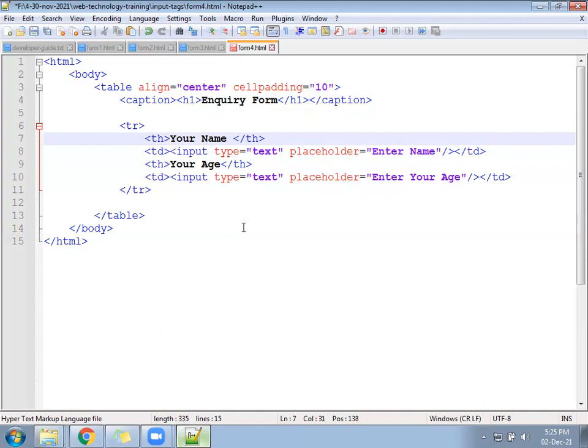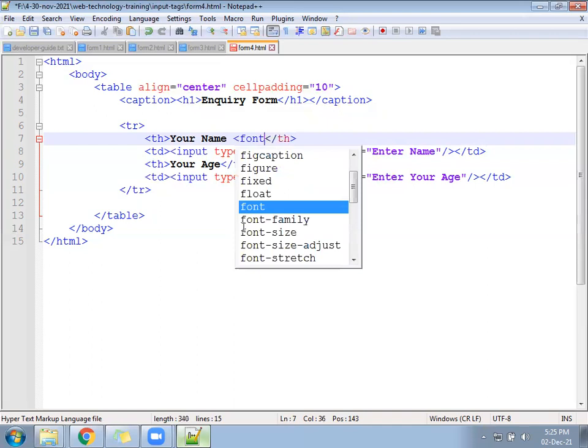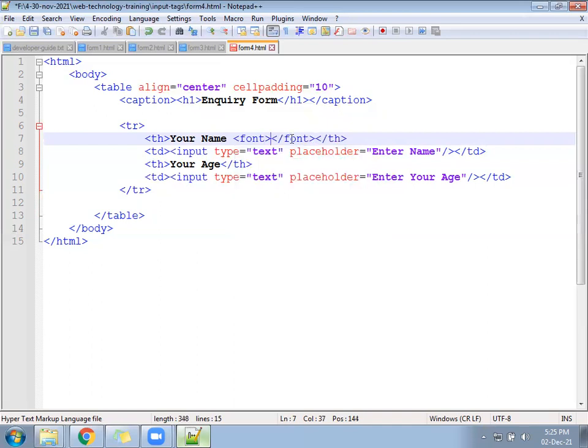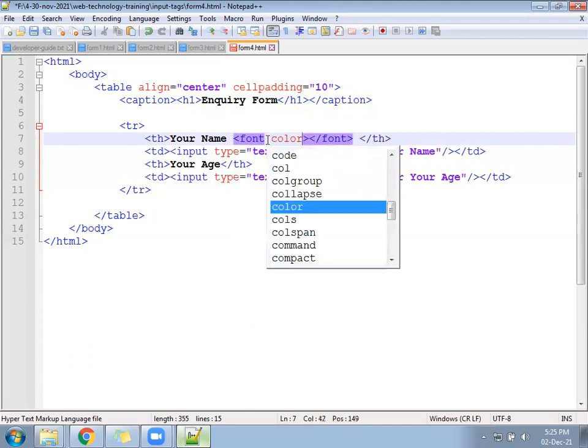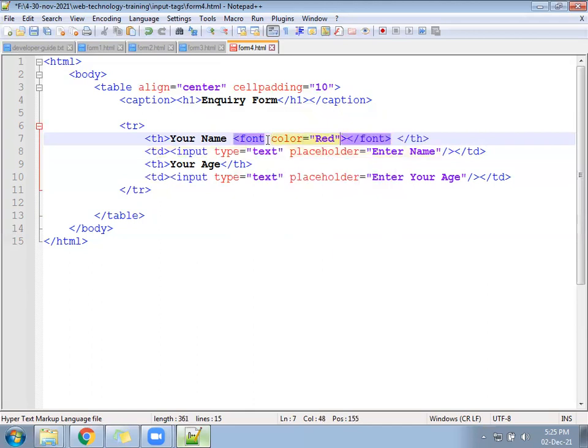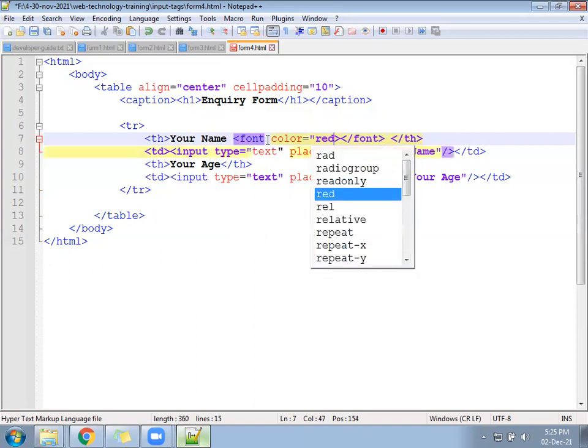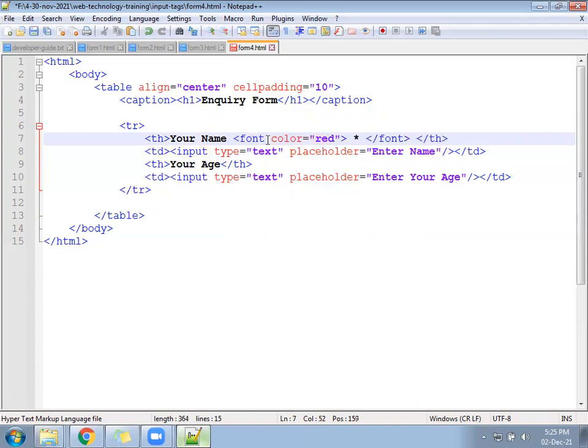So what we will do is, within the TH, open a font tag and write inside color as red. Color red. Keep here a star. You will see a star will come in red color.